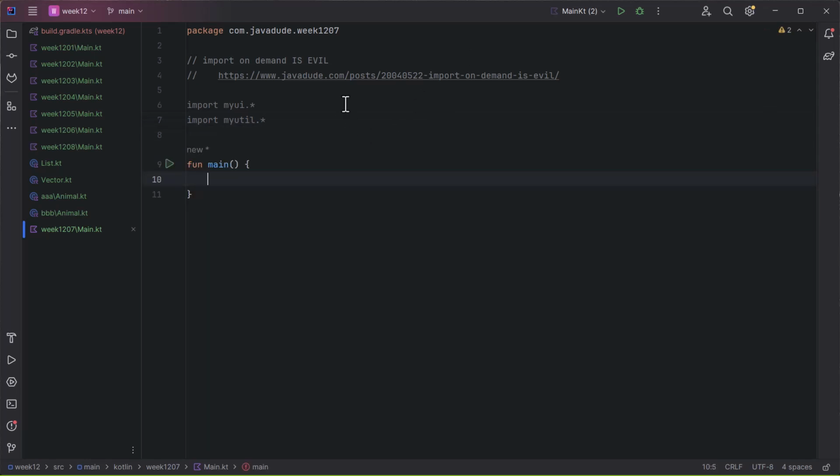And all this star means is if the compiler sees an identifier that it doesn't recognize, look in this package. That's all the import on demand does. It doesn't actually bring in any names or anything. It just says, try this one if you see something you don't understand. So now if I come in down here and I say val list equals list,